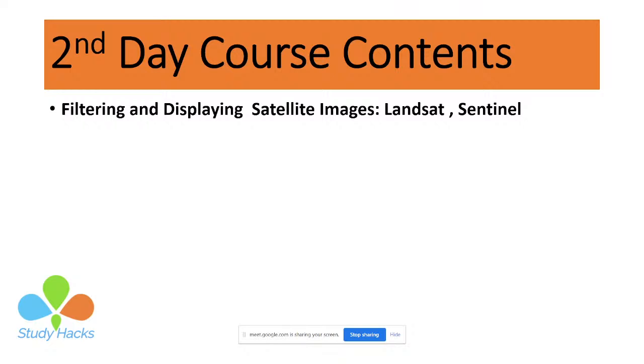Then we will move to how we can calculate the indices using the satellite images. Then we will discuss band combinations: how to use the different types of band combination and identify the different types of features on the surface. A lot of band combinations are available, where you can use the true color composite and false color composite. For example, bands 432 create the true color composite, and bands 543 create the false color composite. Every band combination can be used to identify different features.